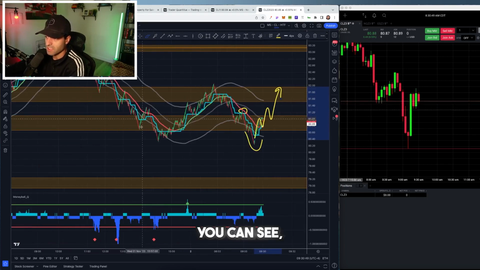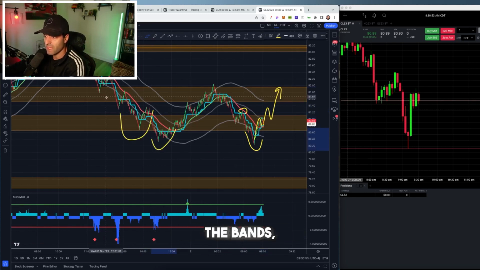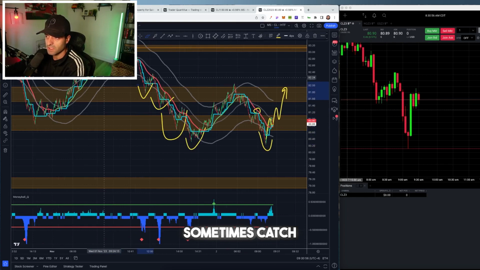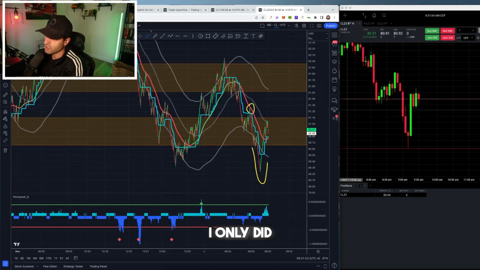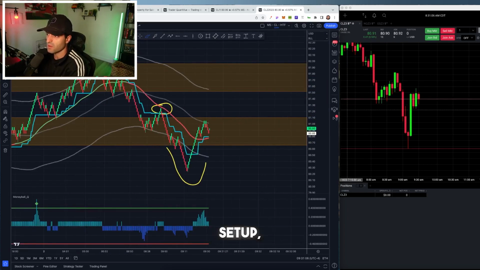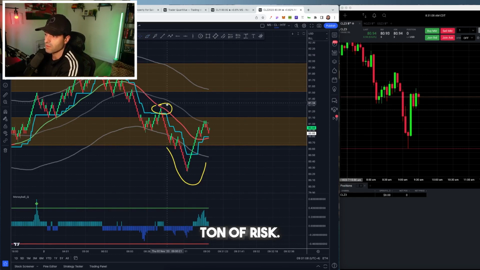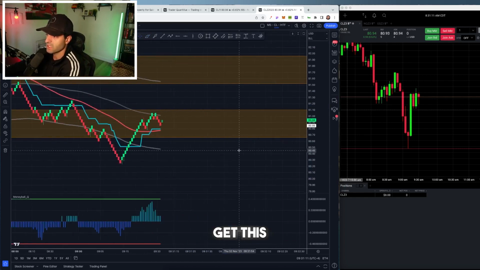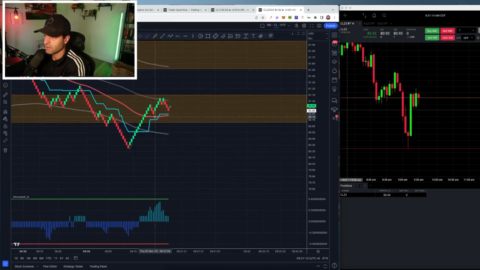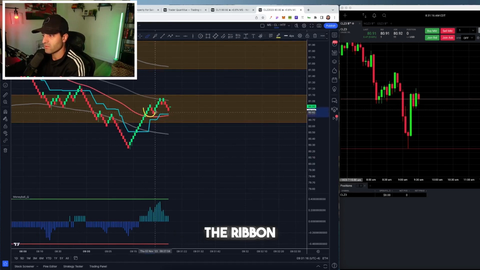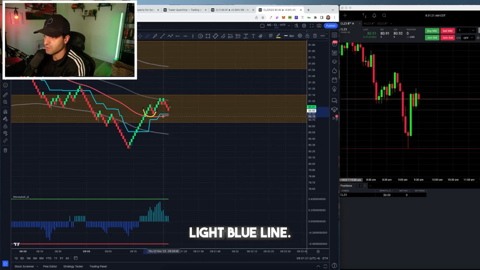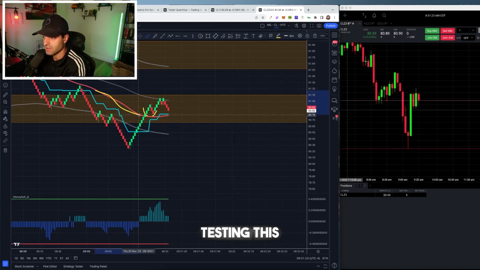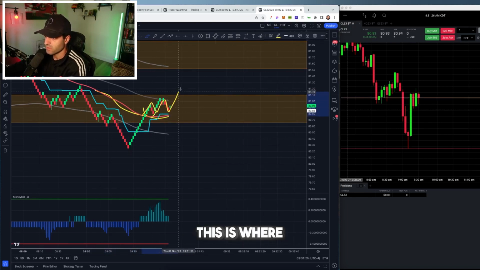But as you can see, when we get very outstretched here outside of this lower part of the bands, you can sometimes catch some nice reversals. And that's why I only did one contract. It's not my core setup, so I'm not going to throw on a ton of risk. But when we did get this play here, when we started retesting the ribbon, and when I say ribbon, I mean this light blue line, and then we started testing this Q band's trend line,